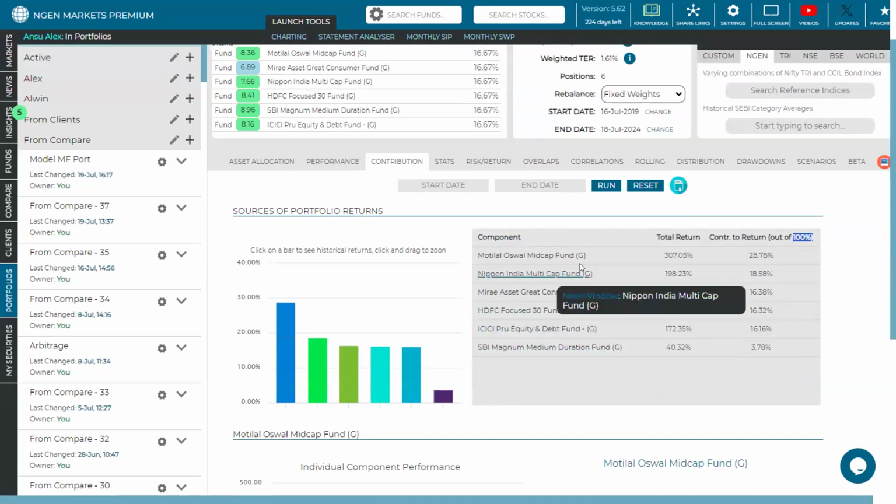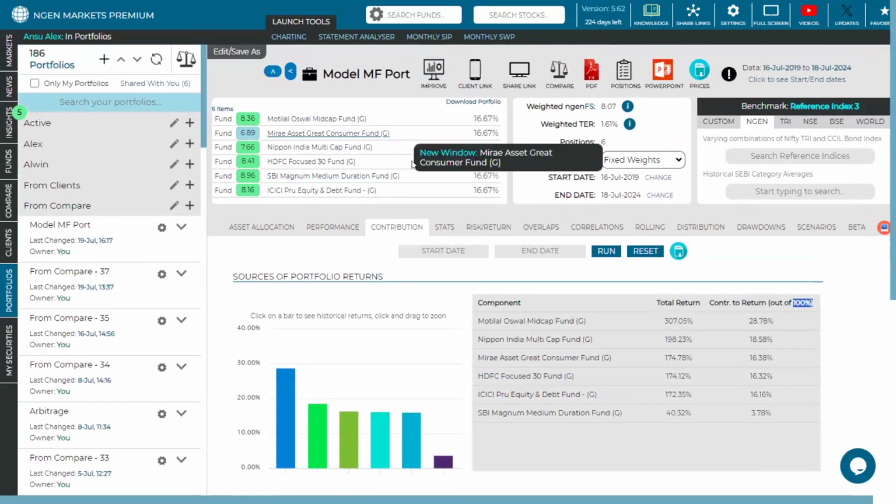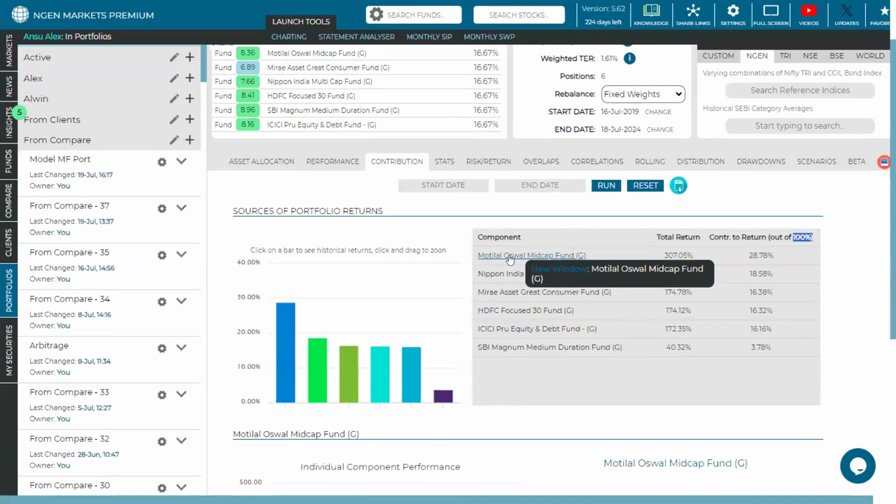So this tab basically lets you make decisions, or rather decision making is something that could be helped using this contribution tab. Let's say a specific fund is generating a very small amount of individual return. You could take a decision to maybe completely remove it from your portfolio, or maybe reduce its weightage in your portfolio as well. Now, we see that since this is an equally allocated portfolio, the best performing fund